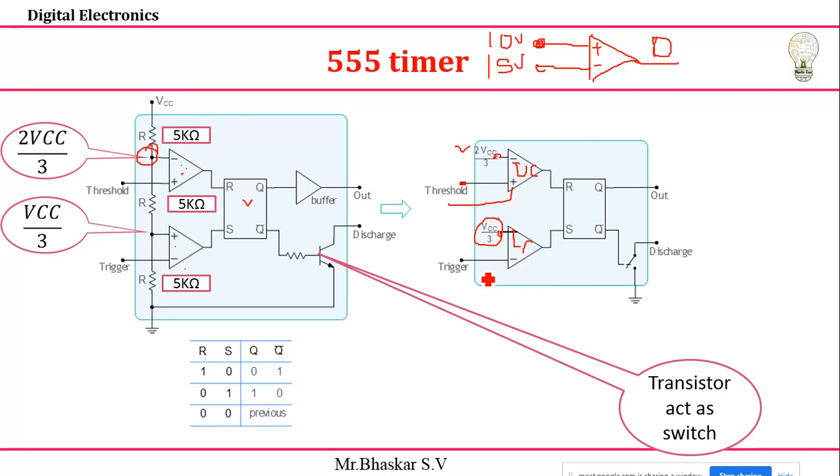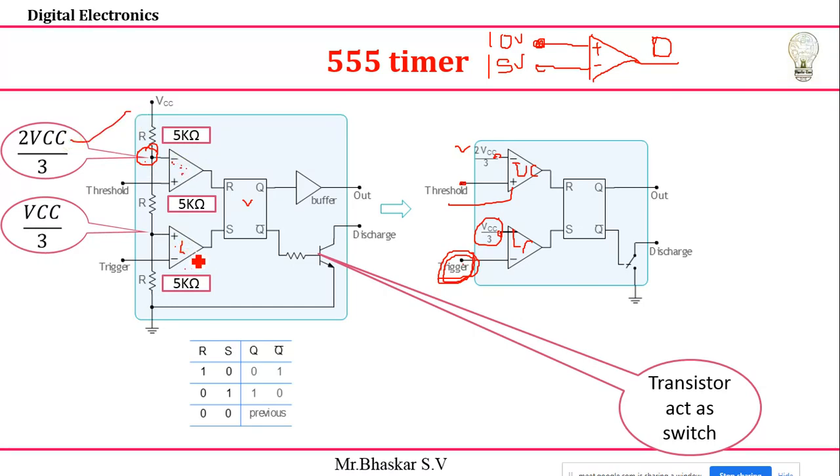And next, the inverting terminal: I'm going to give the trigger pulses in the monostable multivibrator. The trigger pulse is given separately, so for that I'm going to give it to the inverting terminal of the lower comparator. And remember, as previously, the inverting terminal of the upper comparator has 2/3 of VCC.